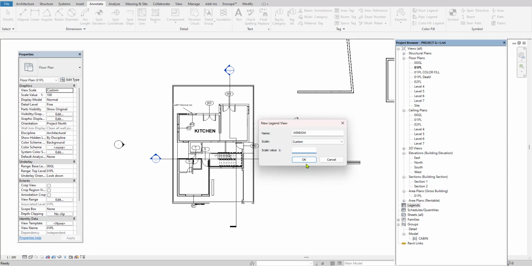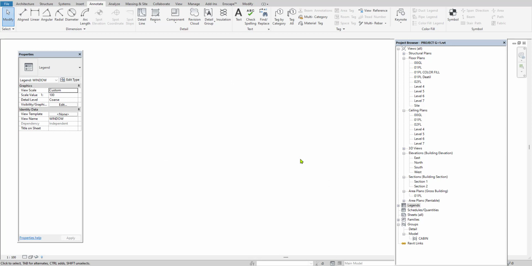Even you can go with 1:50 also, or 100 or 200, whatever it may be. Click on OK. So when you hit OK, you will get a simple white area or working space, you can say, where you can give the detail part of your component by using the legend component option.